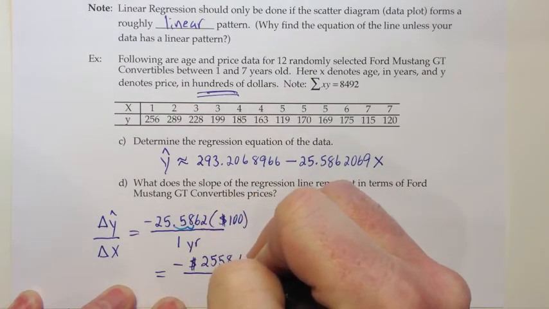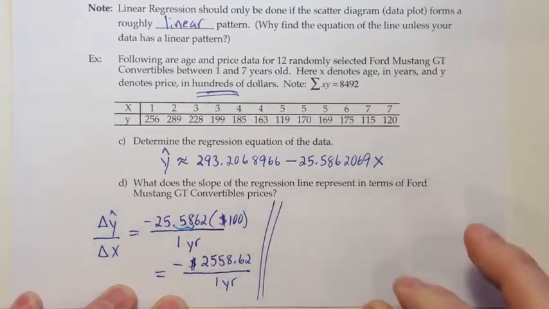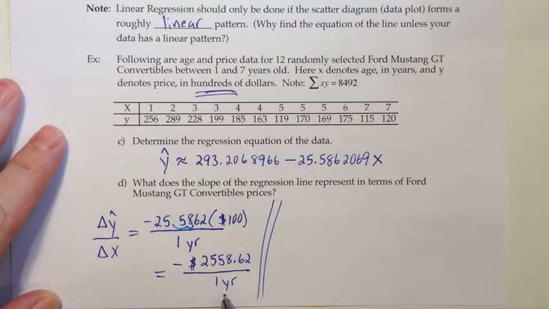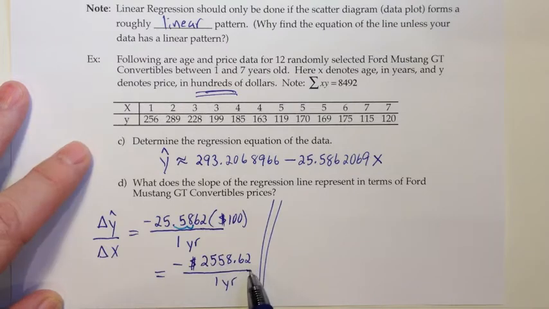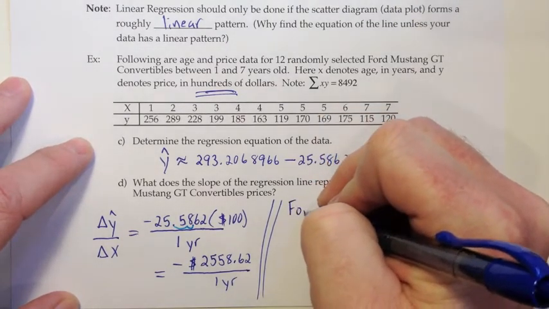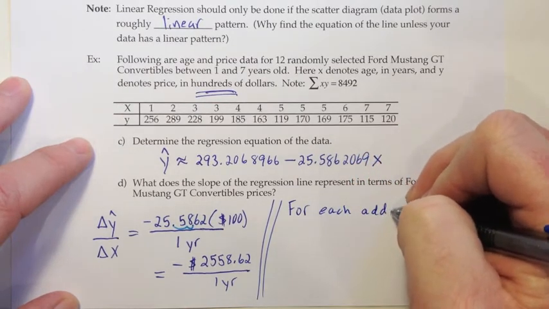And then I'm going to have $2,558.62 over 1 year. And then, as I mentioned before, I think it's usually best to interpret slope from the bottom up. So I would say for each additional year that goes by, the average cost of the Ford Mustang GT convertibles decreases by about $2,558.62. I'm going to go ahead and write that out. So for each additional year that goes by,